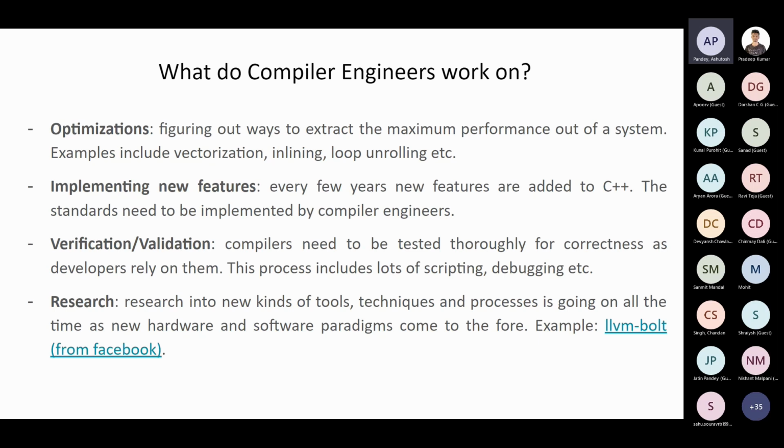Then there's an underrated thing, which is verification and validation. A lot of developers take compilers for granted. If there is an error in your code, your first tendency would be to blame yourself instead of blaming the compiler for giving a wrong output. Compilers have built up that confidence over the years that they are usually right when it comes to analyzing